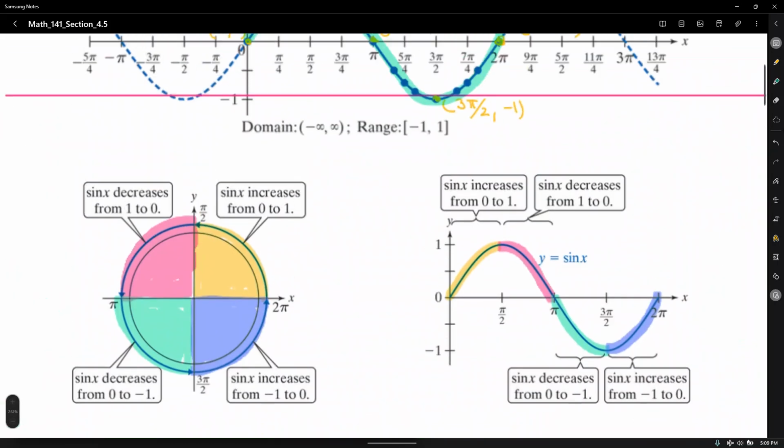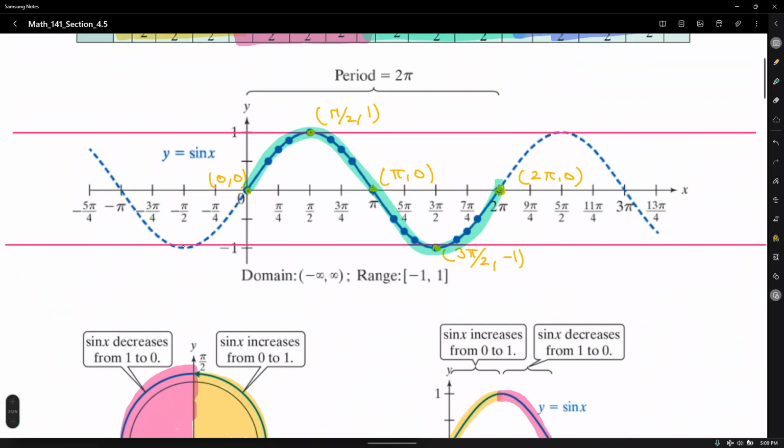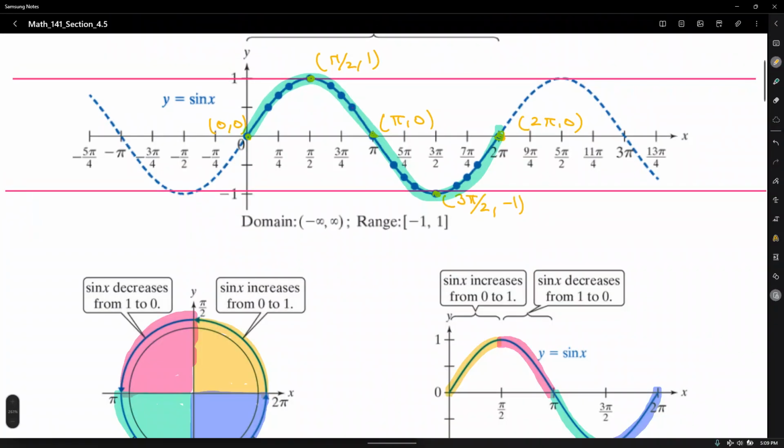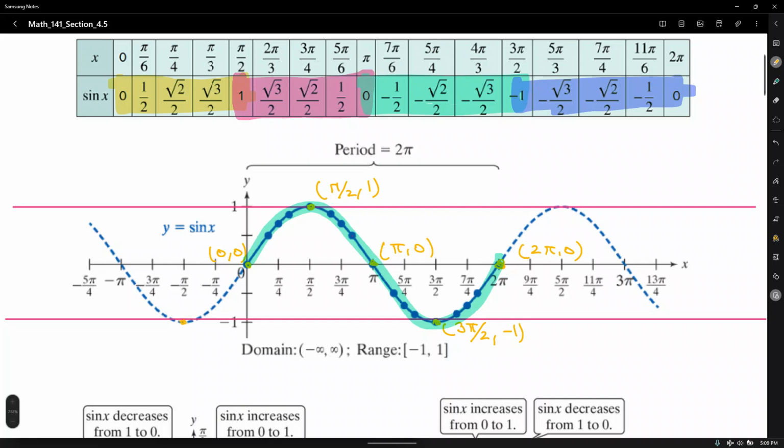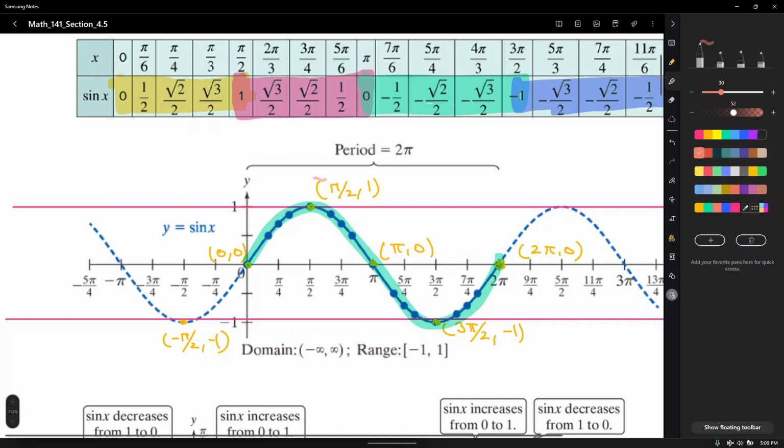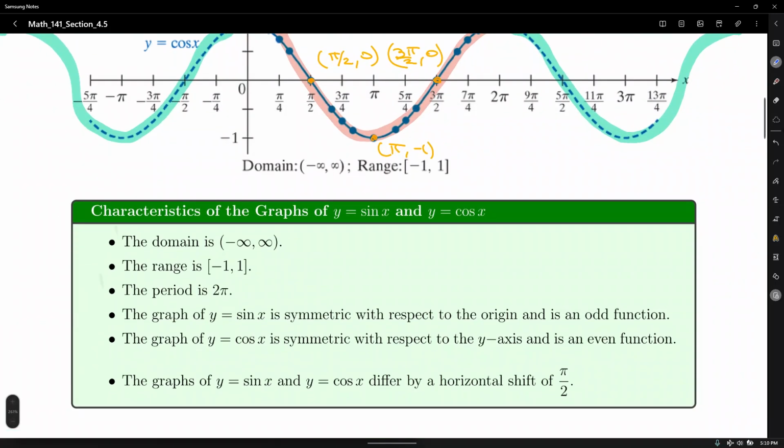Let's go back and verify that. All right. So for an odd function, look at this point right there. That's the point -pi/2, comma -1. Compare this point. So let's compare this point pi/2, 1 to -pi/2, -1. Both points have the same x coordinates and y coordinates, except that they are opposite in sign. Using the definition of an odd function, this is actually saying that f of negative x equals negative f